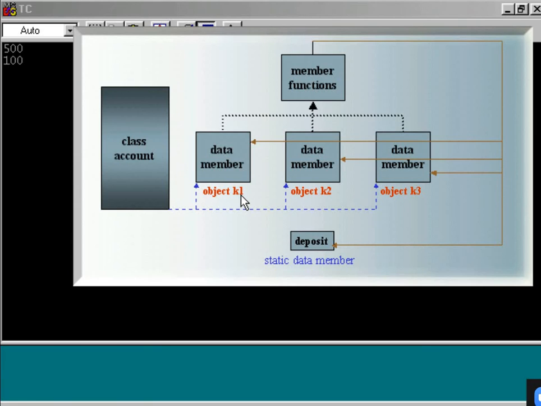We have called a member function, namely accept deposit. Accept deposit has initialized this static data member by the value 100. Again, we have called using object K1 the member function show deposit, and that method has again accessed the static data member, namely deposit, and it has displayed the value 100. Is it clear to you?